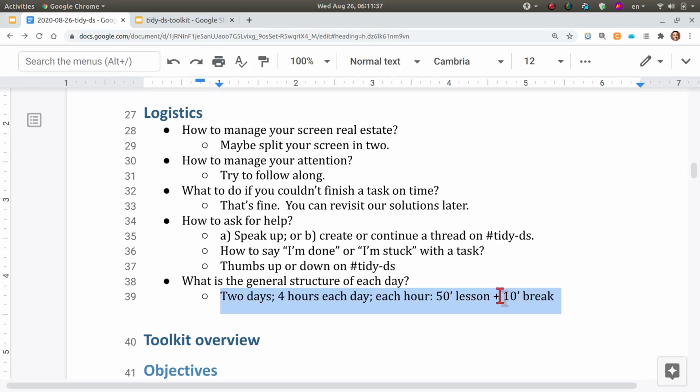And the general structure of each lesson is the following. I want to keep the structure as simple as possible and as predictable as possible for you to use your time in a predictable way. So every block is going to have 50 minutes and then a 10 minute break. So it's not going to be so much around the content. I will try to fit content within the 50 minutes, but if we finish early, you may use the time all the way up to the hour.